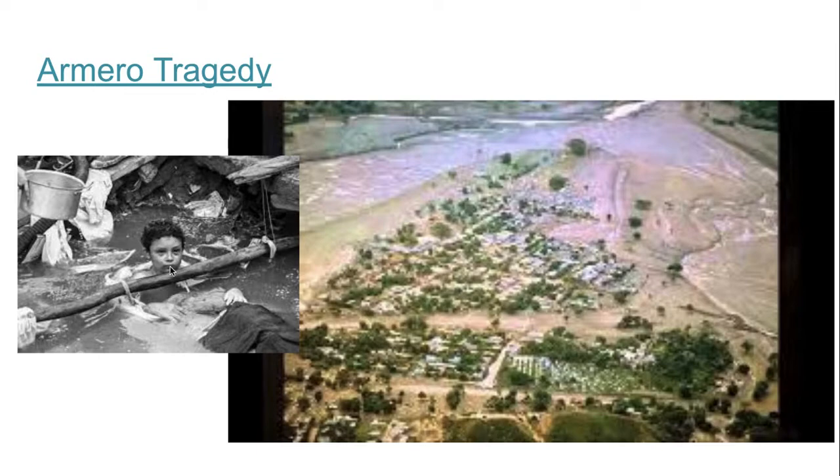But Omaira and her family, again in Armero, the worst part about this tragedy: the people in Colombia could not have stopped this lahar from happening, because that was a result of the volcanic eruption. There was no way to stop the event, but they could have communicated this evacuation plan to the people who needed it most, like Omaira and her family. And had that been done with enough time in advance, there's a good chance that a lot more people would have been saved.